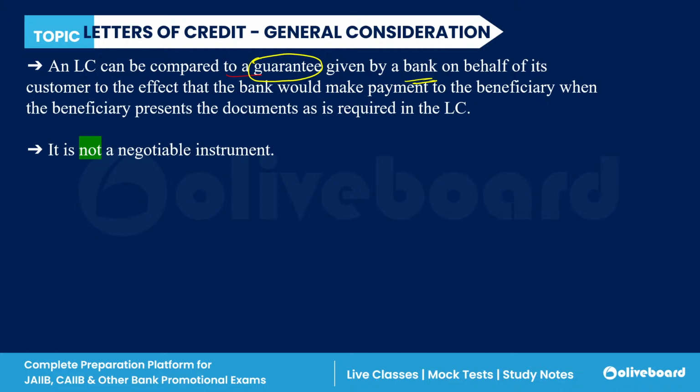This is like a guarantee given by the bank on behalf of the customer, that if everything is as per the documentation and requirements present in the letter of credit, the bank will be responsible for making payment to the beneficiary. Now, what is the difference between this guarantee